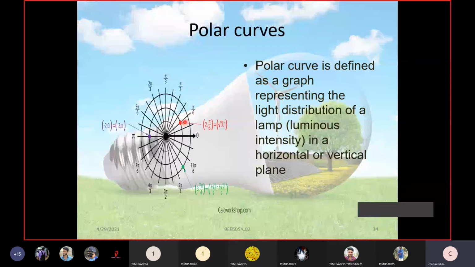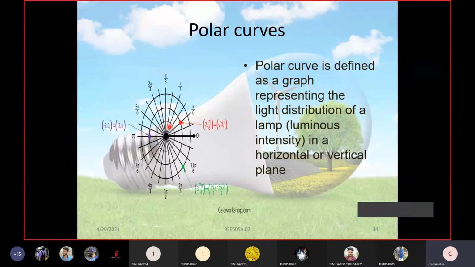These are the different angles we have taken. At every point, what is the luminous intensity in each direction? As I told you, light is radiated all over the surface, it cannot be in one direction. So at every point we take one angle, touch up all the points and a graph is drawn. That graph shows the luminous intensity at every angle. Okay,